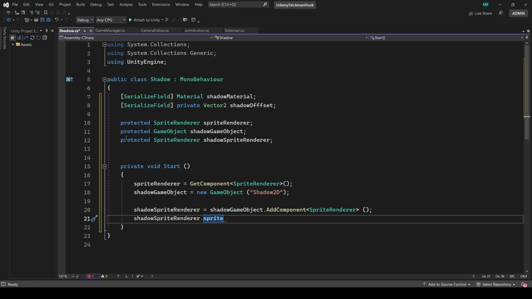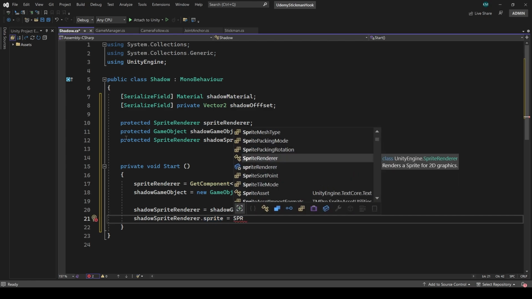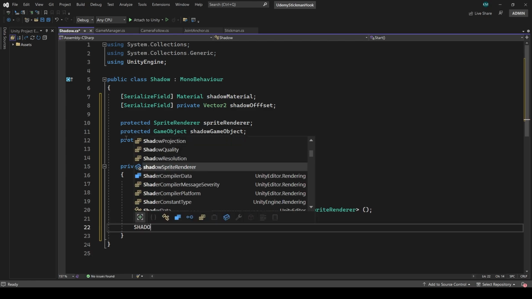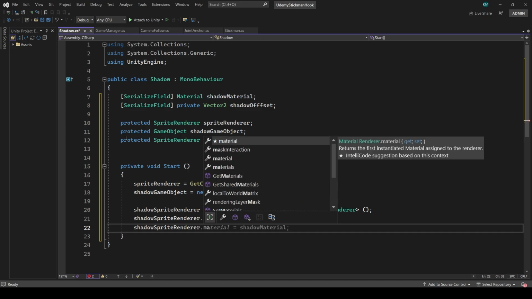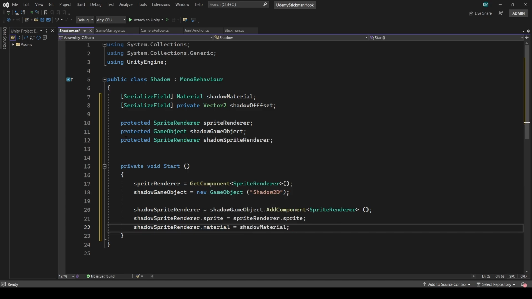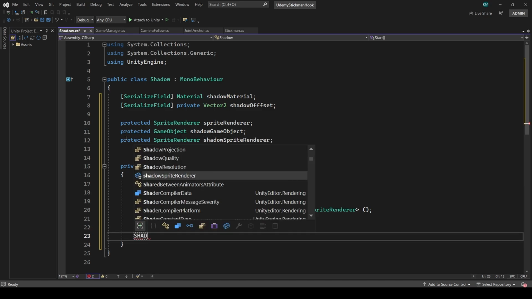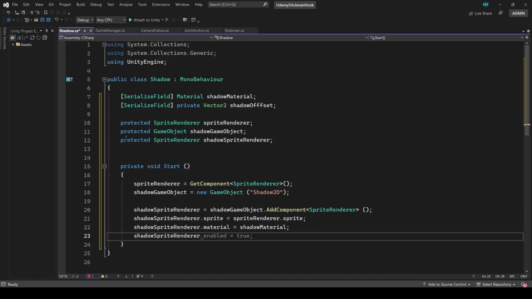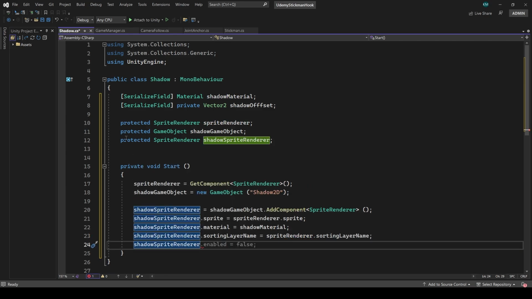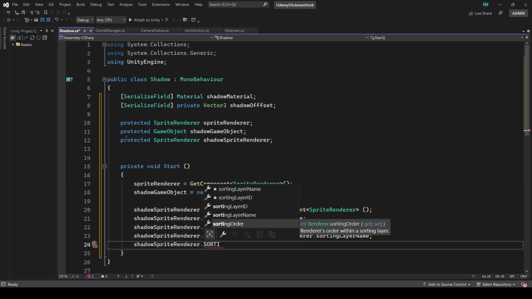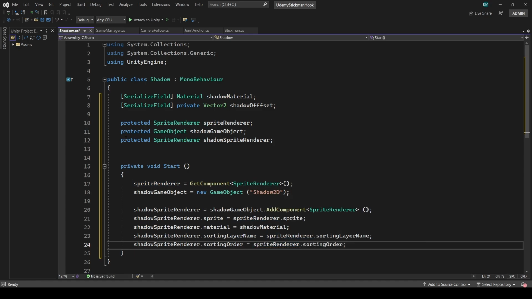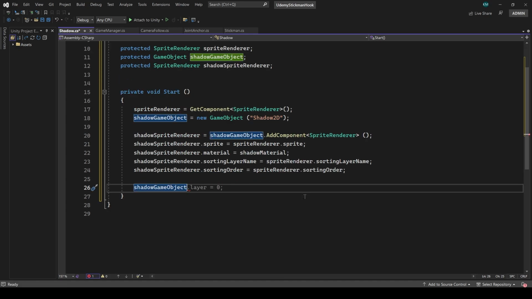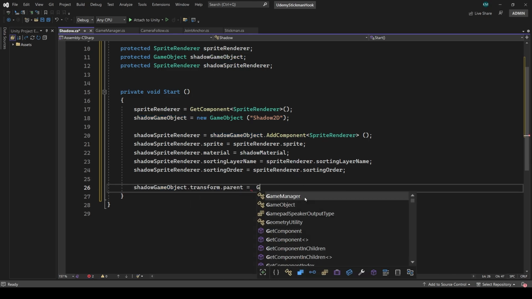is equal to spriteRenderer.sprite, and shadowSpriteRenderer.material is equal to shadowMaterial, and shadowSpriteRenderer.sortingLayerName is equal to spriteRenderer.sortingLayerName, and shadowSpriteRenderer.sortingOrder is equal to spriteRenderer.sortingOrder. Also add shadowGameObject.transform.parent is equal to gameObject.transform,